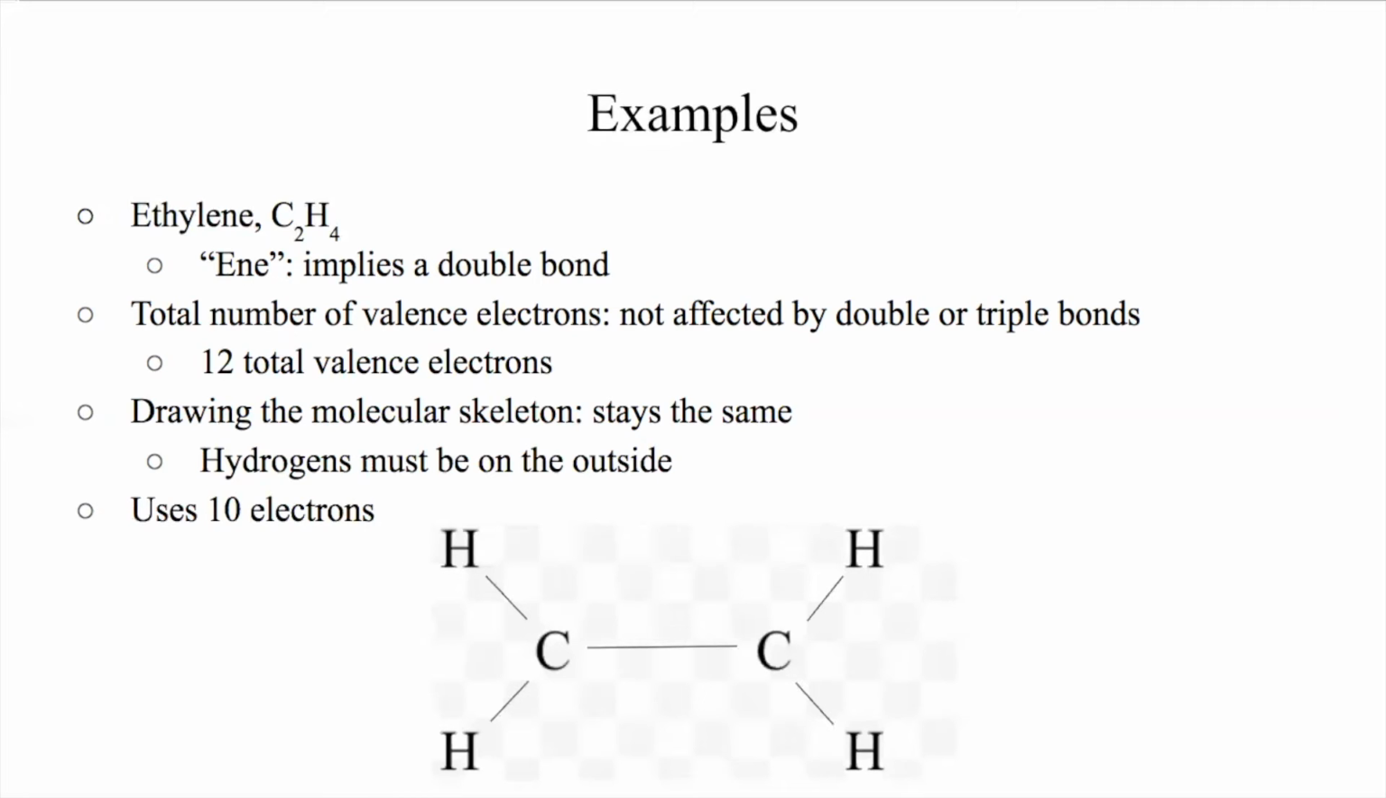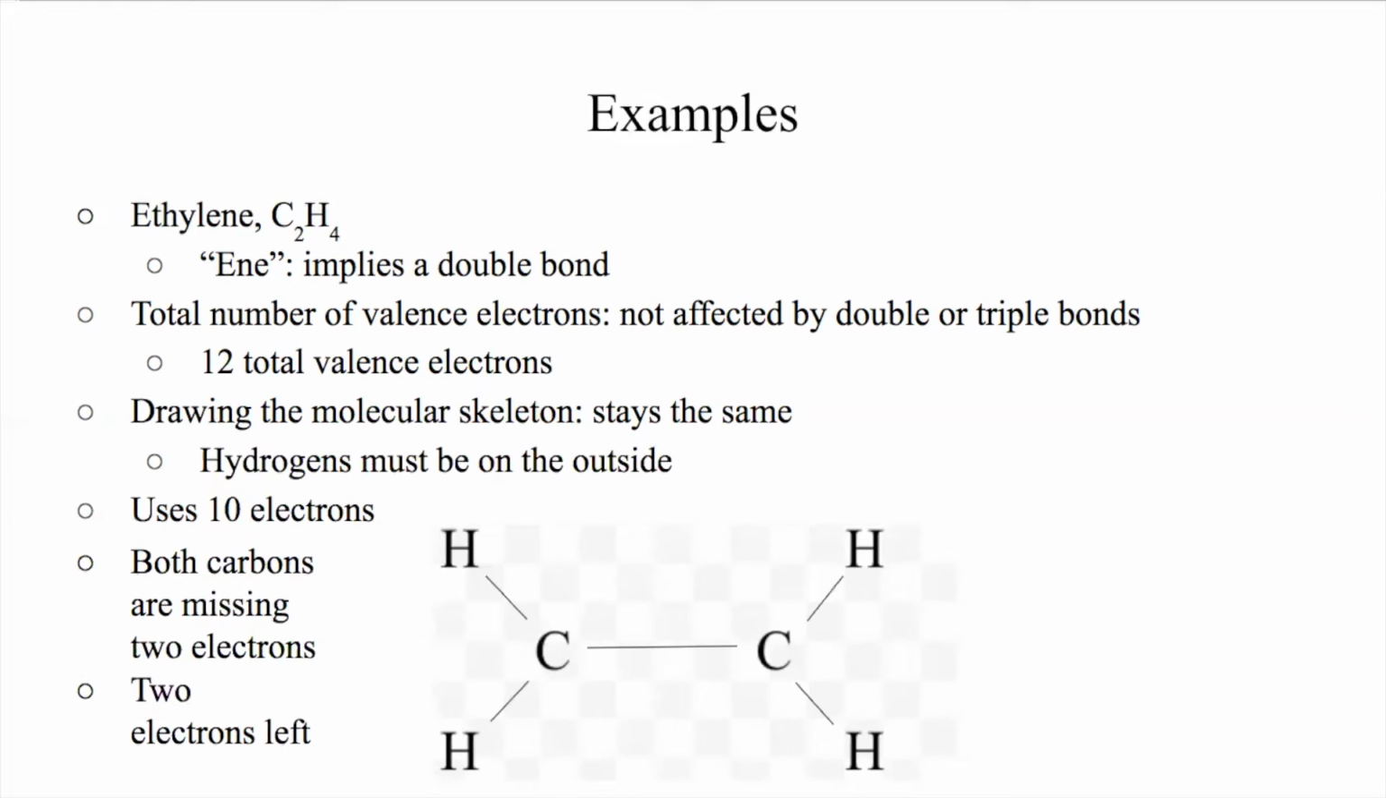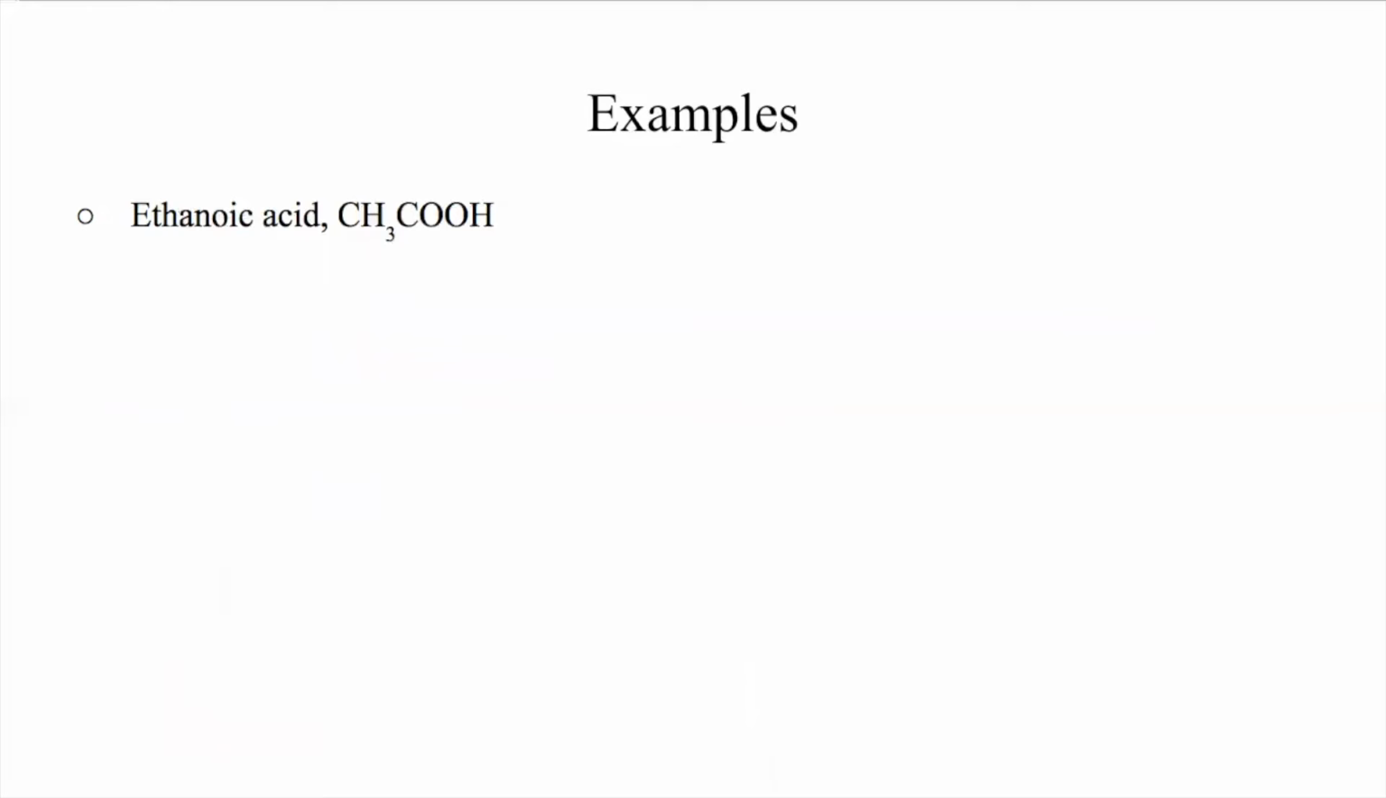When we check each atom, we see that both carbons are missing 2 electrons, but we only have 2 electrons left from our total. Luckily, we now know that these electrons can be shared, so we draw them in between the 2 carbons, like this. Now, when we check their octets, we see that all our atoms are satisfied. We did it! Next, let's do ethanoic acid,